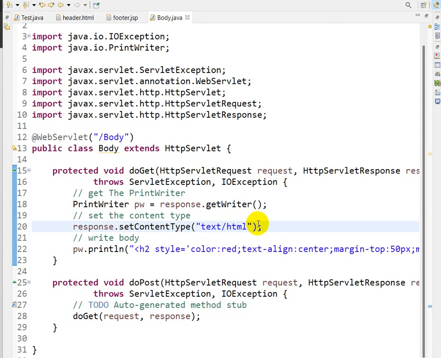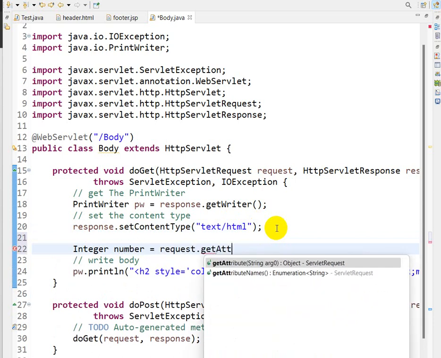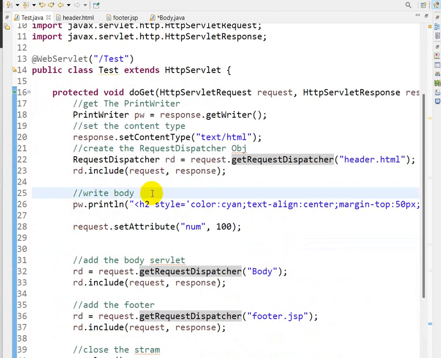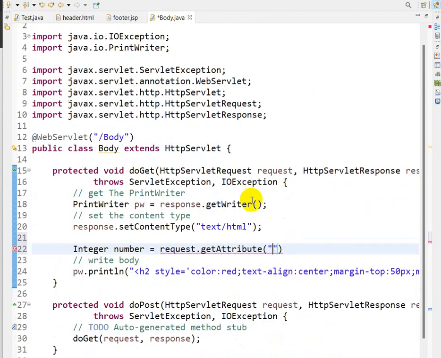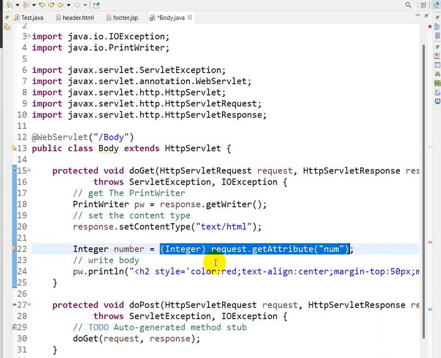For that, go to the body servlet, and here we'll write integer number equals request dot getAttribute, and what is the name we have given here? num. We can give num here, and we have to typecast this, add the cast to integer, and yes,